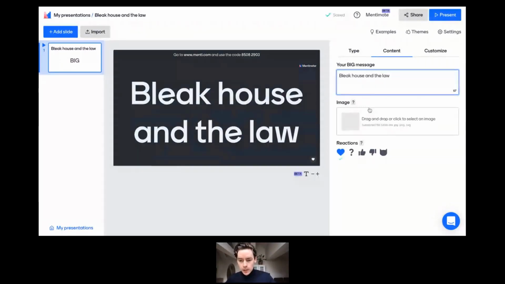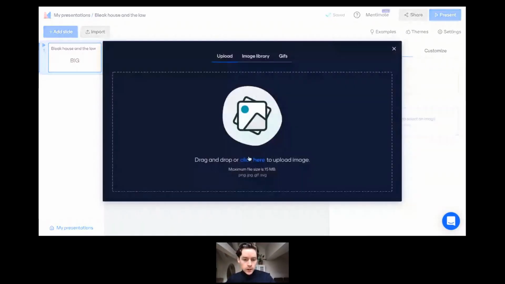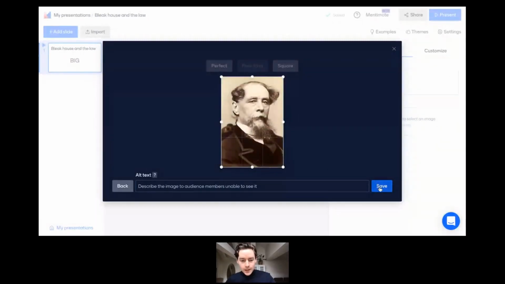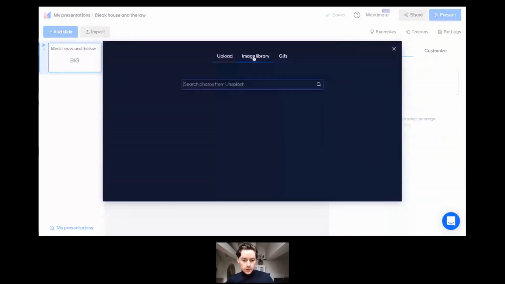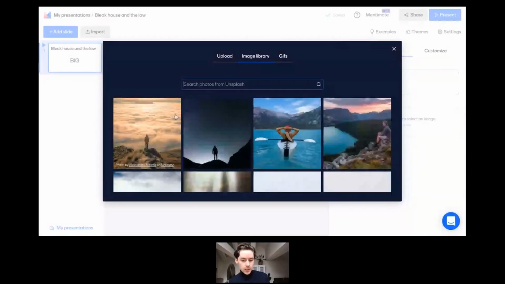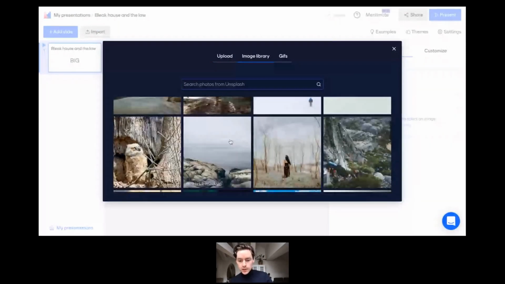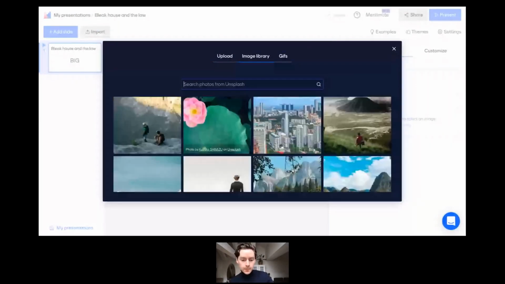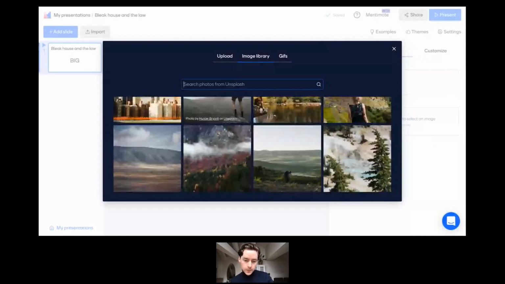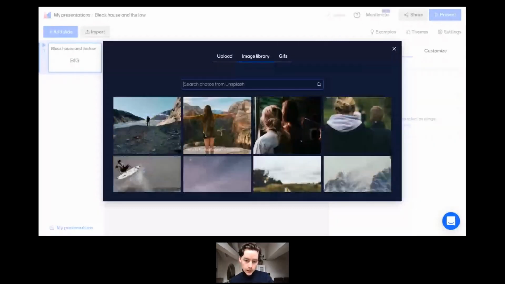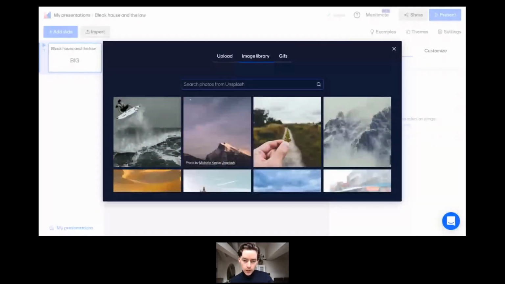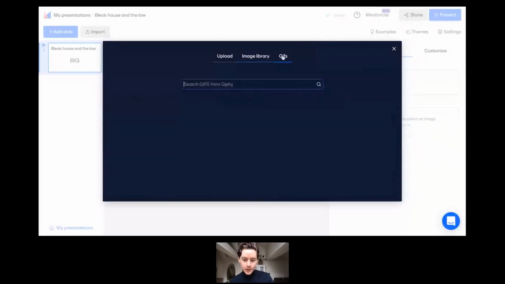Jazz this up a little bit. I'm going to add a photo of Charles Dickens. Why not? This is really useful. You can add in your own photos, but you can also make use of this image library. We have Unsplash embedded into our platform, so you can just go in and use these photos in your presentations. They're free to use. There's no copyright attached to them. They're CC0, I think. And we also have some GIFs